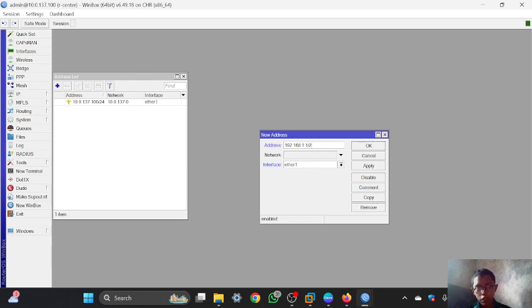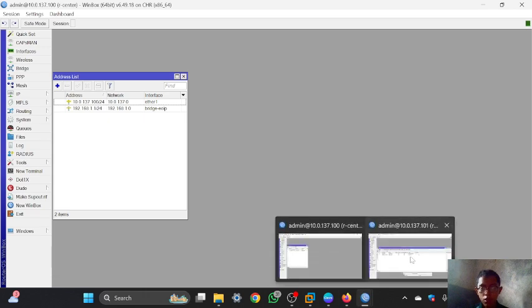So for the gateway of router center I am using this IP, and for the interface I am using the bridge. Then you can click apply, and then OK.